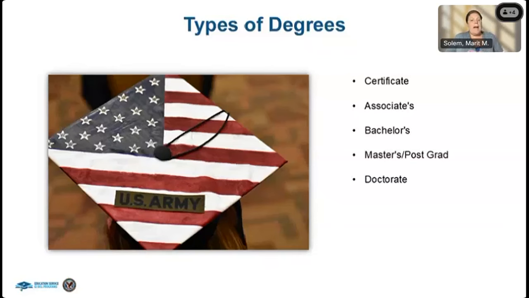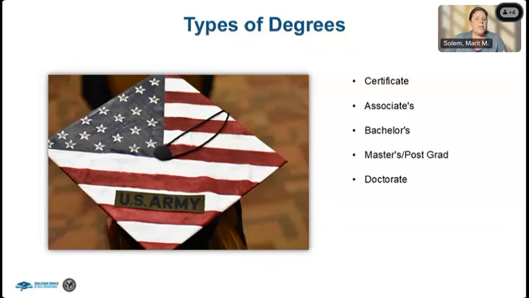There's also the master's and postgraduate degrees. This is going to be 1 to 2 year graduate programs. I have seen even graduate programs up to like 4 years, but that's going to provide this master's degree. And some master's degrees are offered full-time and some are part-time. When I got my master's degree in vocational rehabilitation counseling, I did it online part-time while I was working full-time. So there's typically a lot of different options out there for the master's.